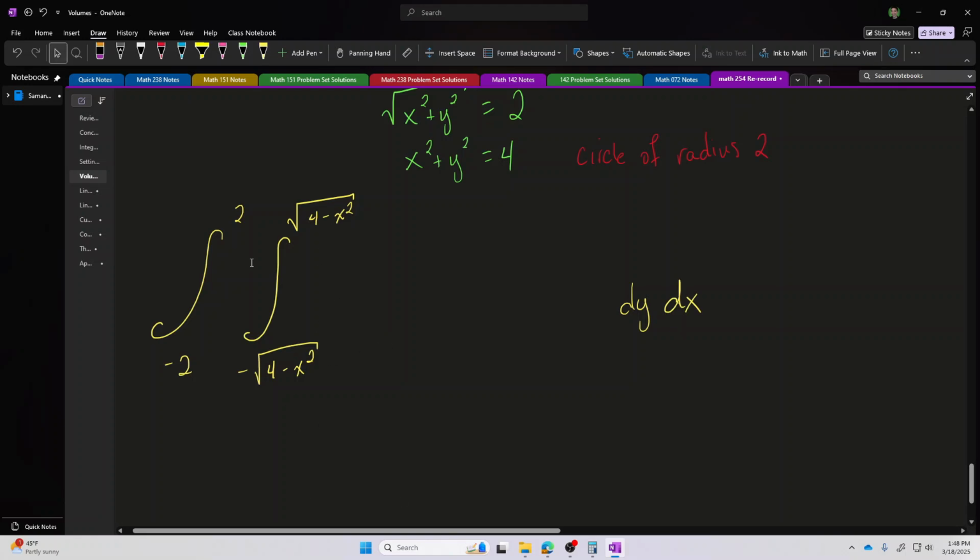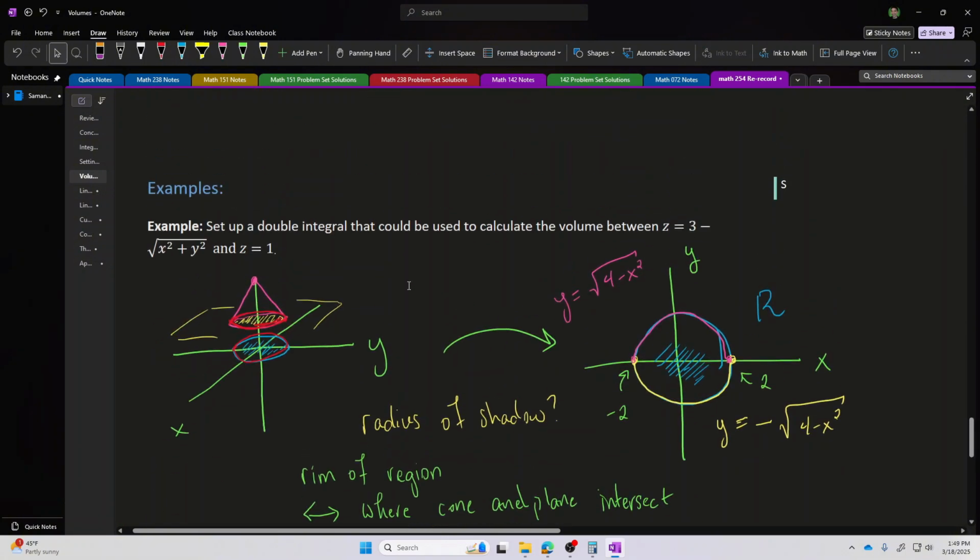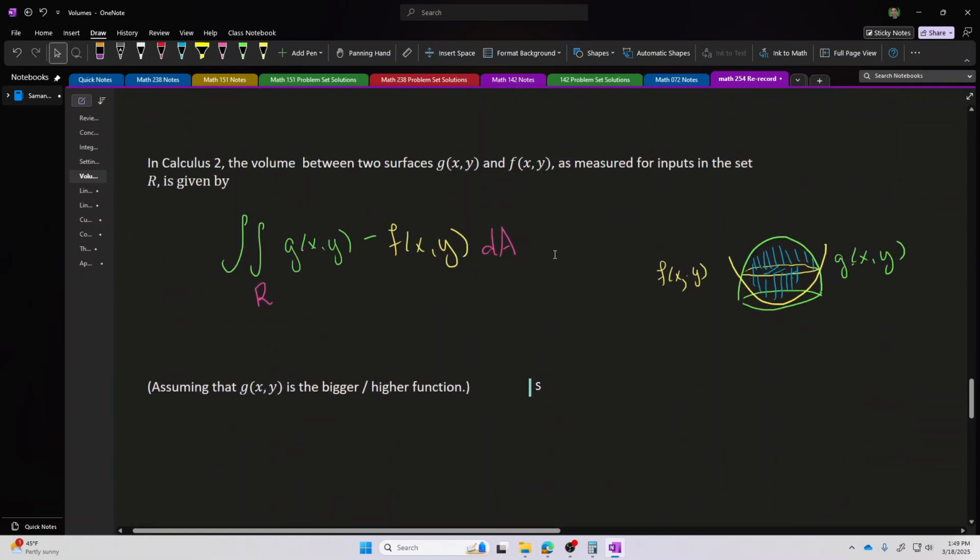So here are the limits of integration. And the last thing that I need to think about is what would be the integrand? What would be the function that I have to integrate to find the volume described here? And for this, I'm going to remind myself that to find the volume between two surfaces, my integrand should be the difference between those surfaces as functions of x and y, starting with the top function and then subtracting the